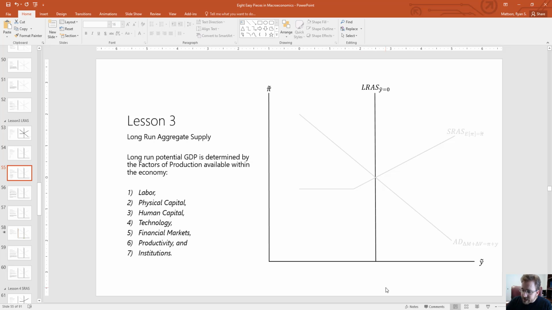So what we mean by that is any shifts in labor or availability of labor, shifts in availability of physical capital, human capital, education, and training that's available to those workers so that we can pair that labor and physical capital a bit better. Technology, these new ideas that come out that then increase productivity of workers. Financial markets, which make it easier for borrowers and savers to move that liquidity through the economy. That, yes, indeed, is a long-run supply shock.